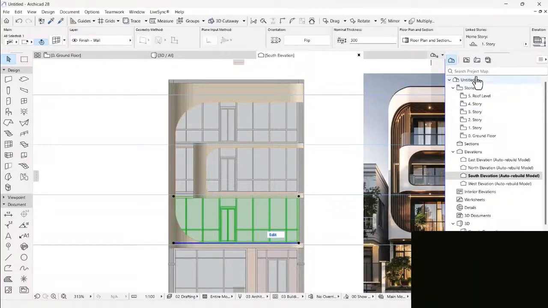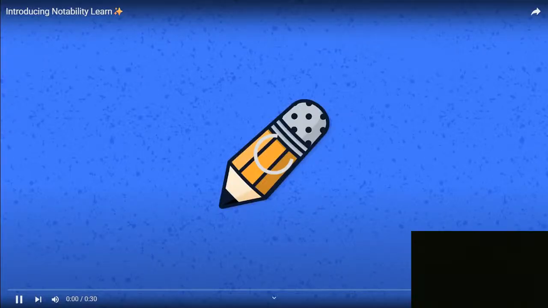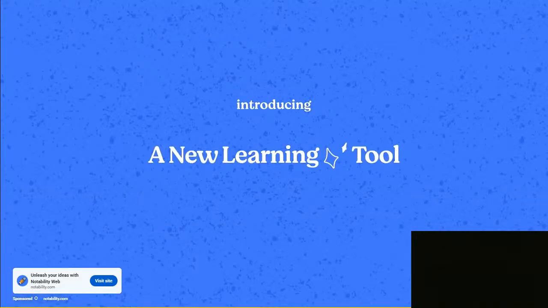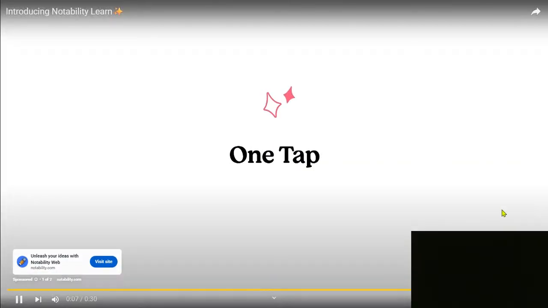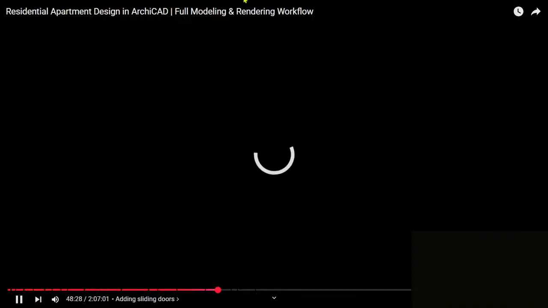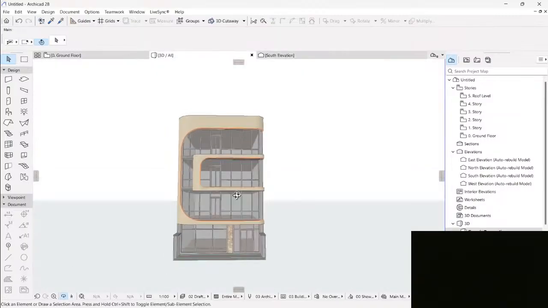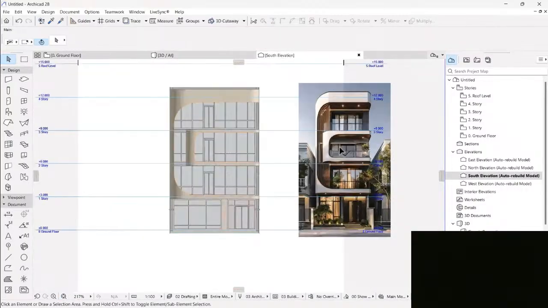Always double check if the home story is set accordingly. Sometimes it doesn't pick this automatically, but in this case, all was addressed perfectly. So if we go back to 3D, this is what we have. And let's move on to the next item, which is this